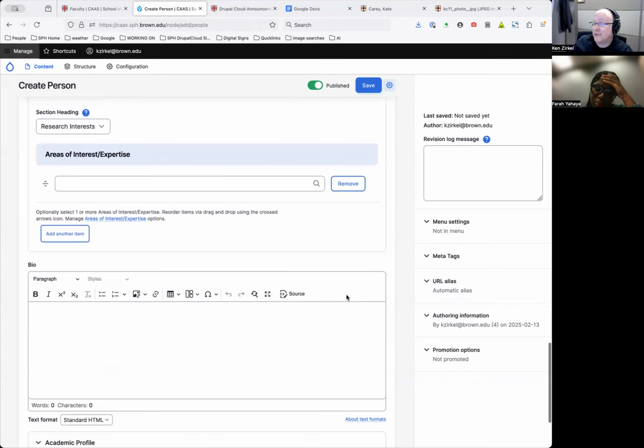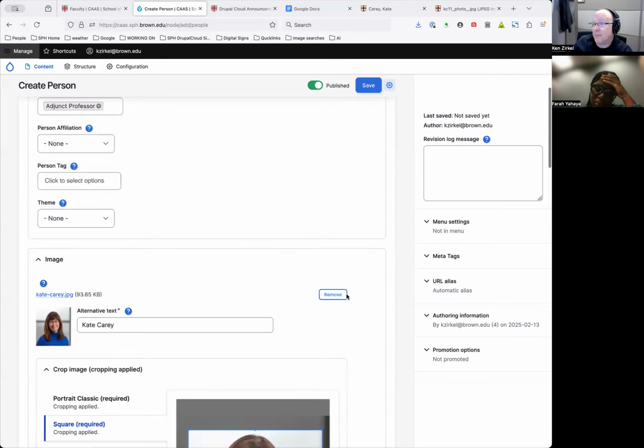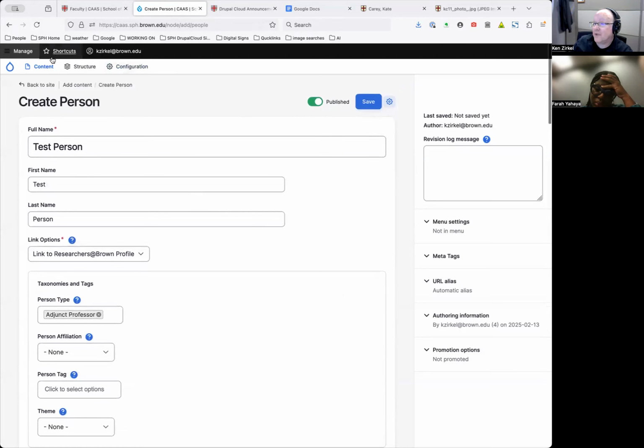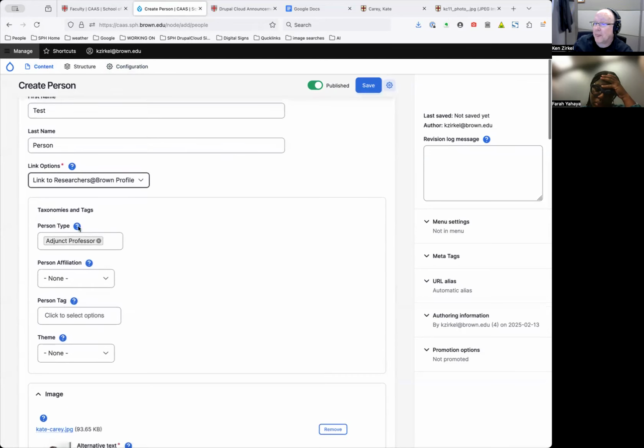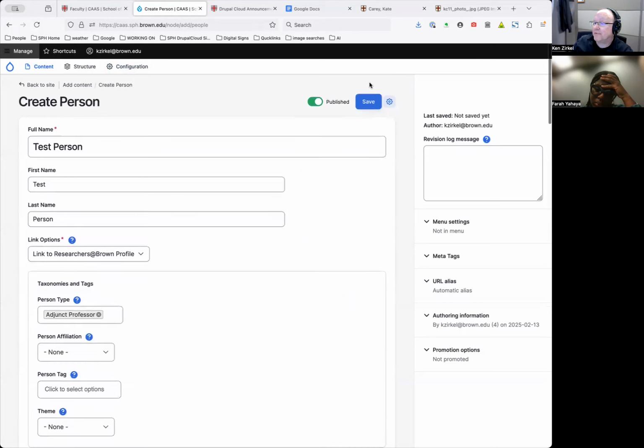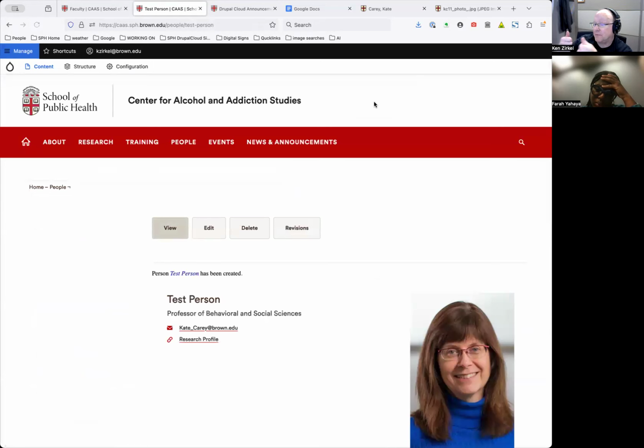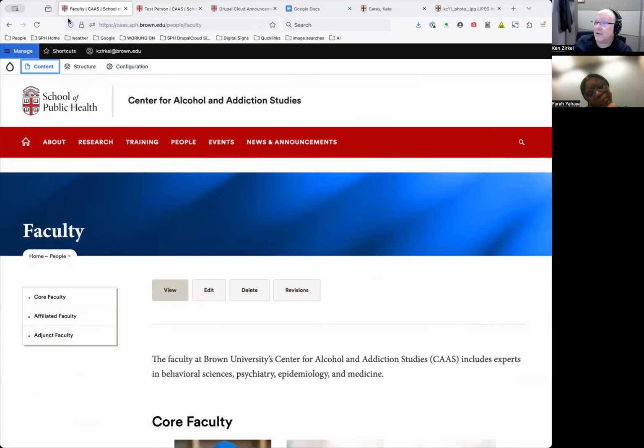And for the most part, that's the main things that we use for a person. So again, I made her an adjunct professor just for demonstration purposes. If I make sure it's published and I save it, it takes a while because it's uploading that picture and copying it. Okay. And then if I go back to faculty and I refresh the page,